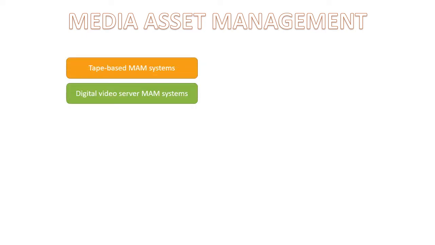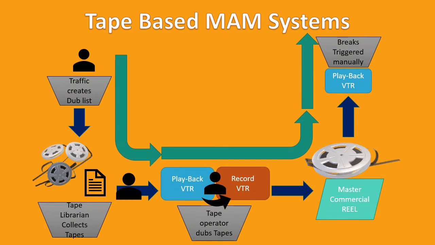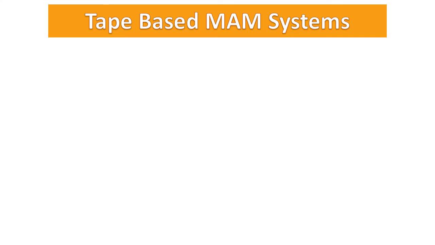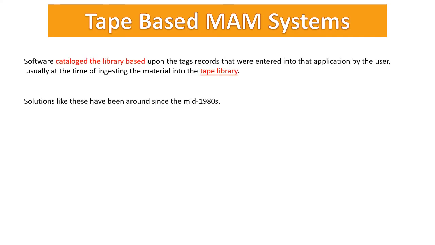Two of the more traditional approaches to MAM implementation employed early on were in tape-based systems and digital video server systems. MAM solutions for videotape typically involve media assets stored in a robotic library with supporting information about those tapes kept in a data library housed on a dedicated computer system. Software cataloged the library based upon the tags and records that were entered into that application by the user, usually at the time of ingesting the material into the tape library. Solutions like these have been around since the